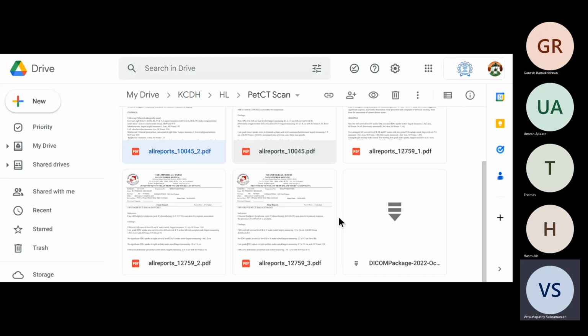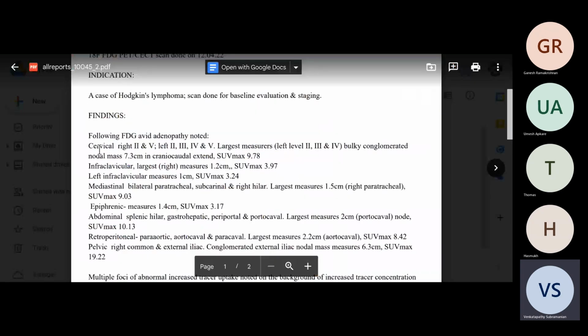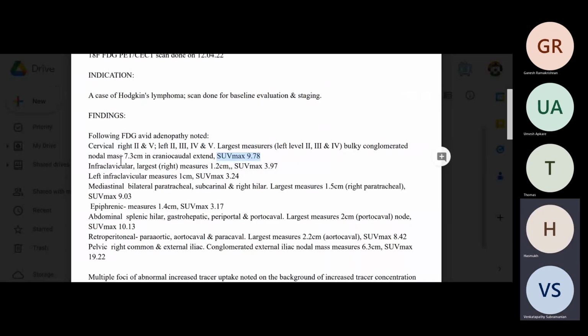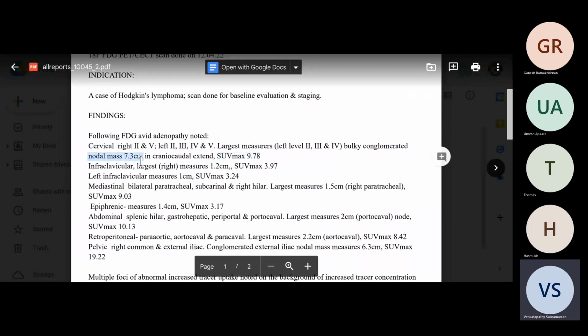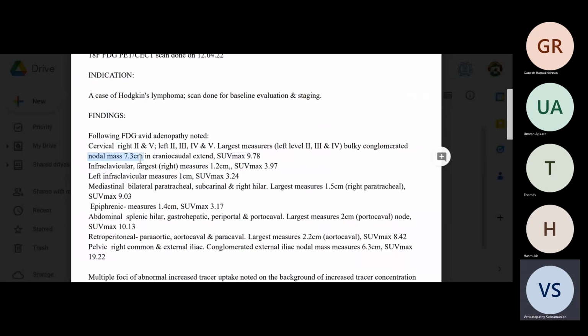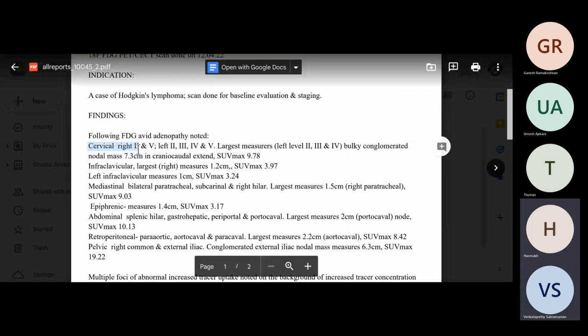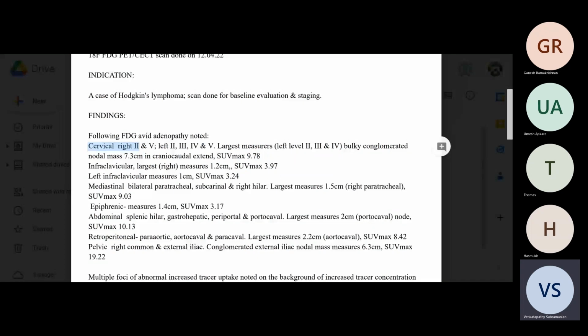I have gotten some PET CT scan reports from Dr. Ashish with the images as well as the corresponding reports. I was going through the reports. As you can see here, they have mentioned the SUV max value of different regions along with the size of the tumor, if I'm not wrong. So now the next step would be to identify the image that this is referring to. For example, cervical right 2 and 5. What does it translate to in the image is what we are now trying to find in the DICOM images